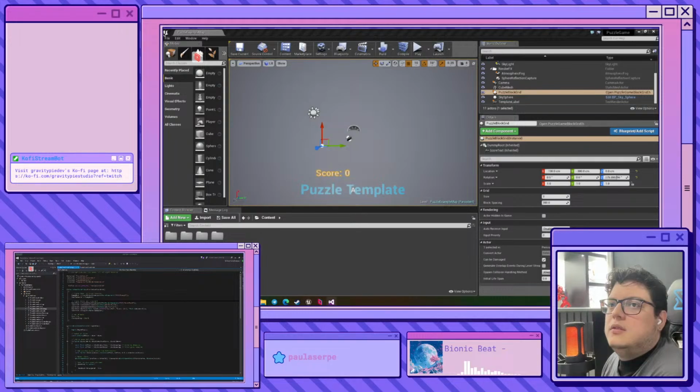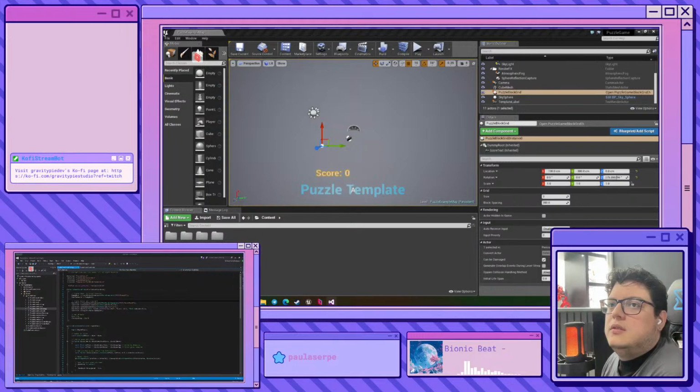CreateDefaultSubobject UTextRenderComponent, okay. SetRelativeLocation, perfect. SetRelativeRotation, okay. SetText, understandable. SetupAttachment, dummy root, okay. Then attach that to the dummy root created before, perfect. Set defaults, size 3, block spacing 300f, okay. BeginPlay, okay. Super BeginPlay, number of blocks,